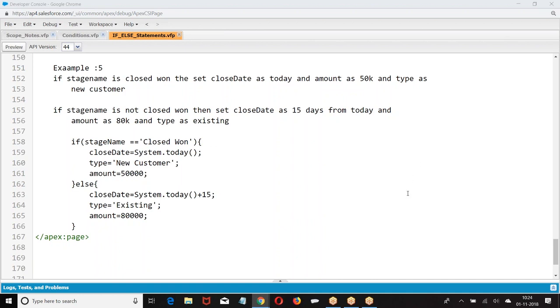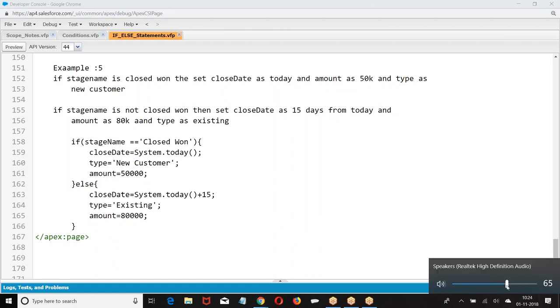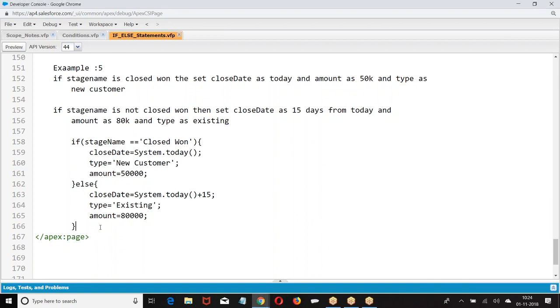In the logic we have here, when defining the if and writing the scope, that is stage name is equal to closed, we give two equal signs. But in the calculation, when type is equal to new customer, we give only one. One is assigning the value, the other is comparing the value.